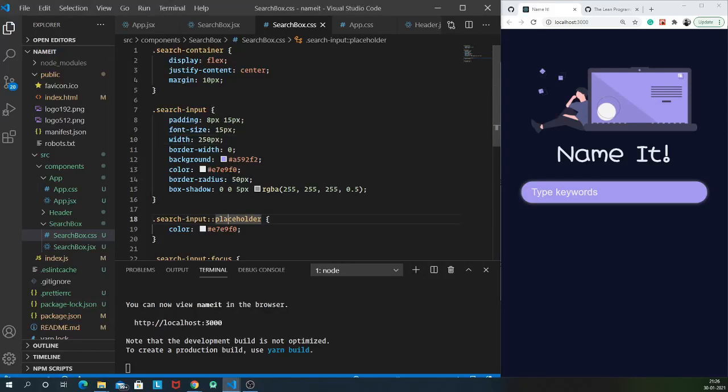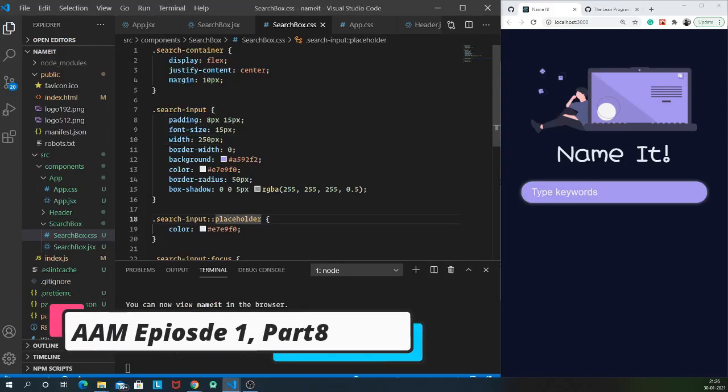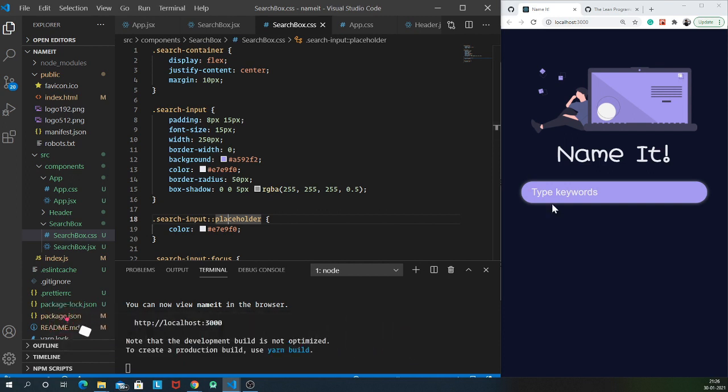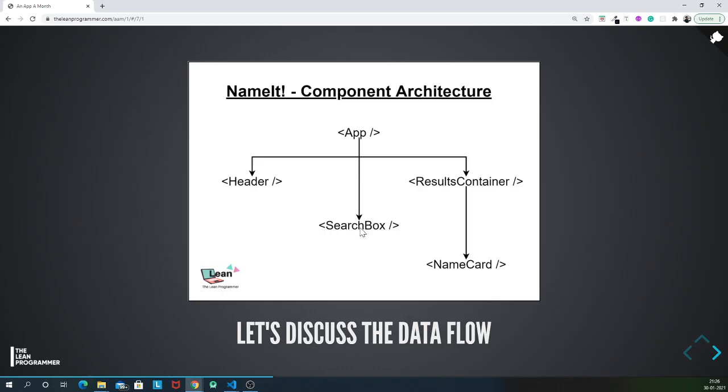In the last video, we discussed states and props, and we also built our search box. In this video, we are going to discuss how you can transfer or communicate data from the child component to the parent component. The parent to child communication was quite straightforward using props, but it's not as straightforward when it comes to child to parent. Child to parent communication goes through a callback method,